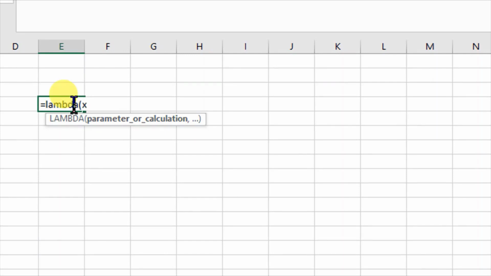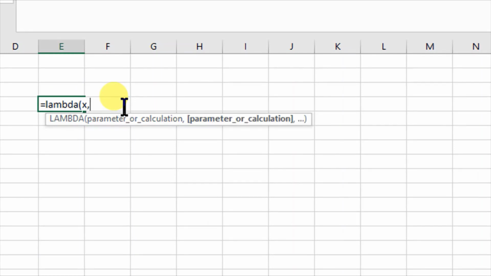Now we have to do calculations. What is the calculation? We have to first divide the number by 10, take the integer part of it, and subtract it. So what we need to do is, like 123 minus 120. What we need to do is 123 minus 120, which means